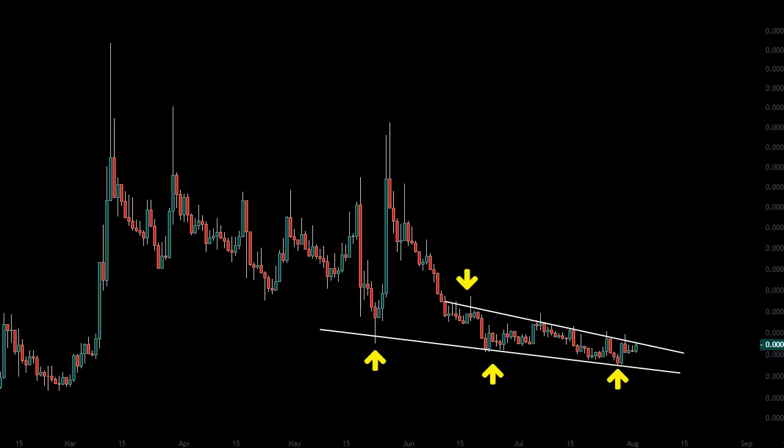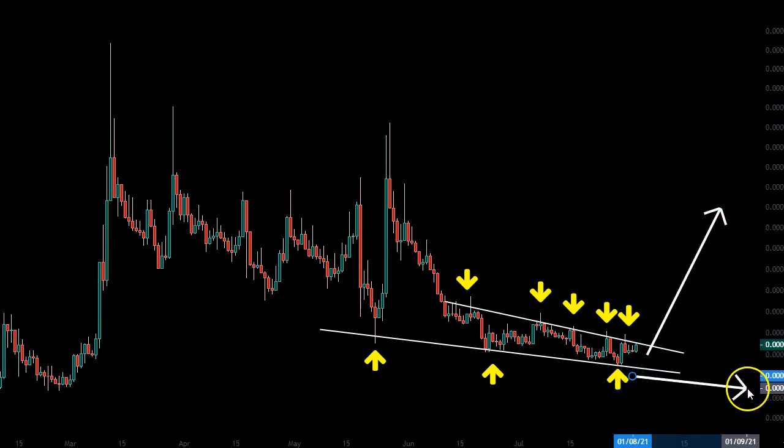Vice versa, you can see that this trend line is pushing SKALE to the downside. Now I believe in this pressure cooker, things will explode pretty soon. And by probability, if this really is a falling wedge, it will explode to the upside. But we're gonna talk about that option when that happens. It could be this, but then again, it could be following this falling wedge pattern for quite some time.